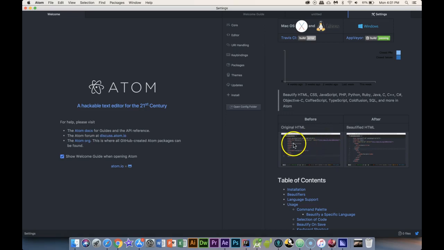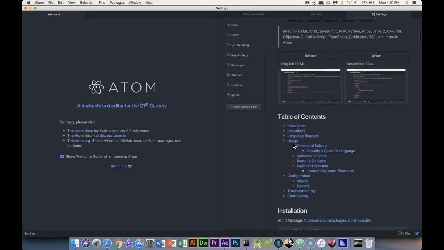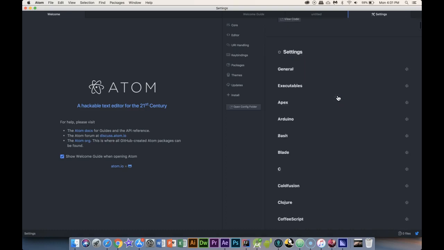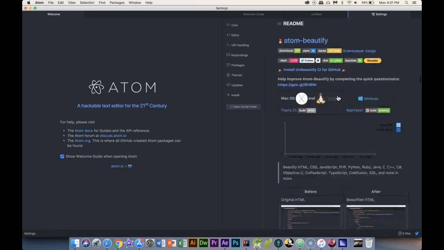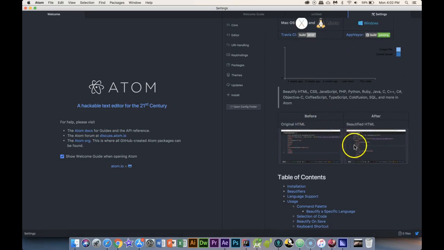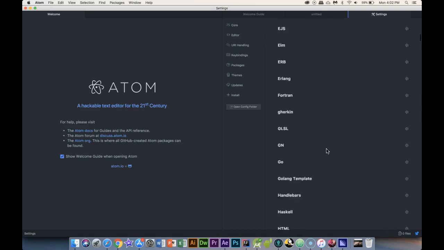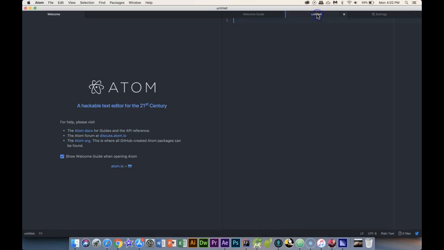If I'm looking at it, when we're typing, it's not automatically indenting for when we have children nested inside of other children. So what we want is for it to nest things for us. So that's what we're installing Atom Beautify for. So to show you that working, if I'm typing my code and I'm doing this doctype